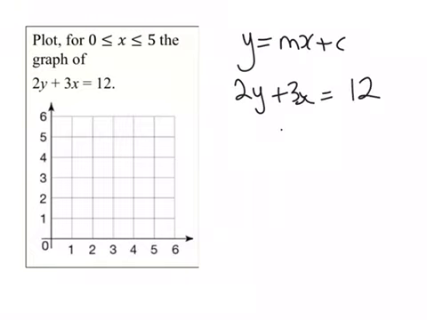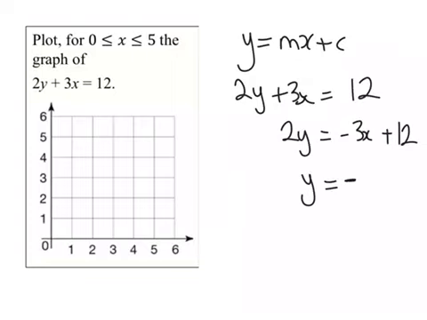Well, if I wanted the x on the other side, I'd have 2y equals minus 3x plus 12. And if I wanted y on its own, I'd divide it by 2. y equals minus 3 over 2 x plus 6, or minus 1.5x plus 6. So this is a straight line with a negative gradient, and in fact from that I can see what the y-intercept is. But I'm not actually going to use that right now because I want to show you the different